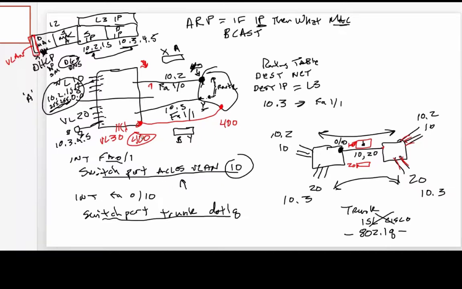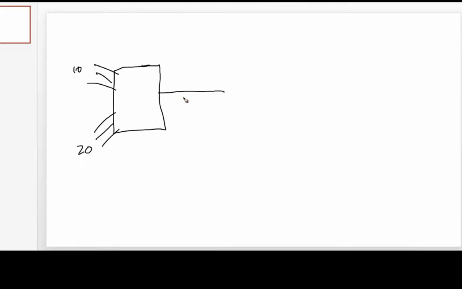Okay, so what we did is initially we came out with the concept of, anybody know what I'm about to draw? Because I have put this term on the board before. I'm going to redraw this. So VLAN 10, VLAN 20, but now